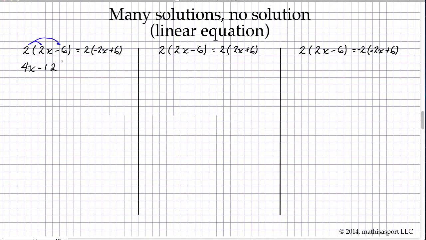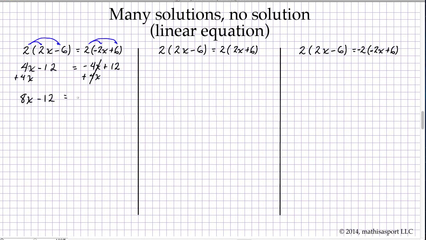We're going to do the same thing on this side. And that's going to give us negative 4x plus 12. So to proceed, we now want to collect all of the x terms together on the same side. There are two different ways we could do this, but my preference is to add 4x on both sides so that we can eliminate this negative 4x. That leaves us with 8x